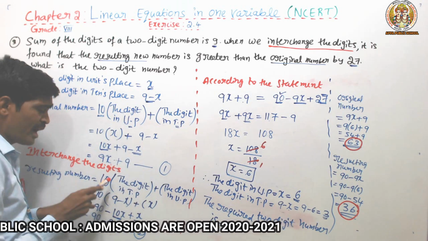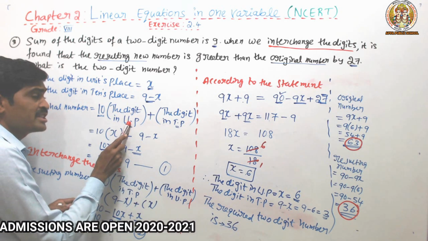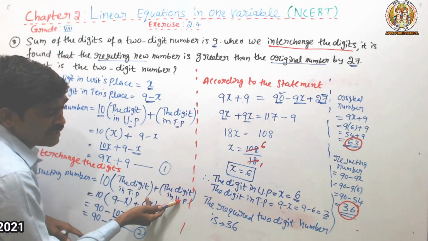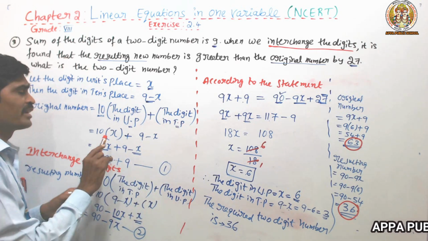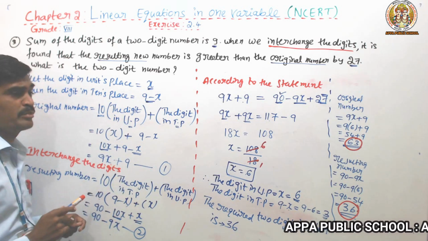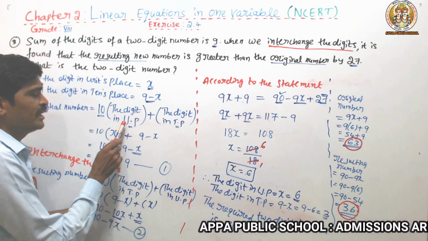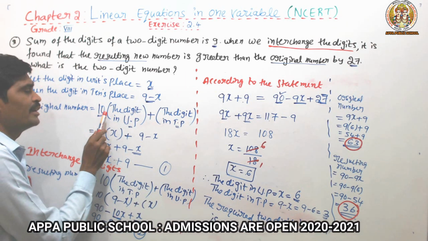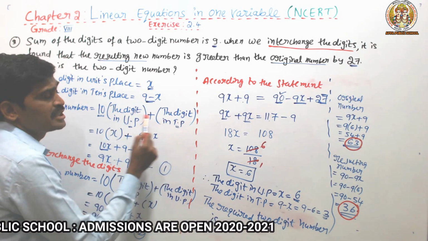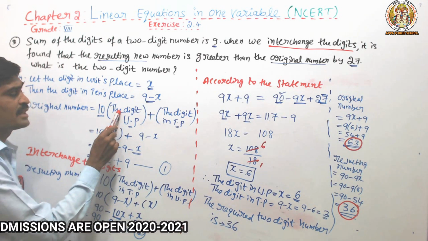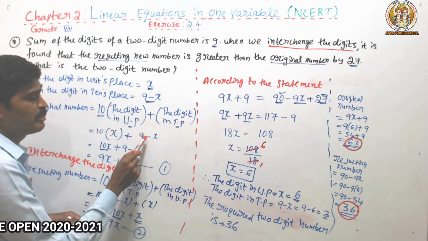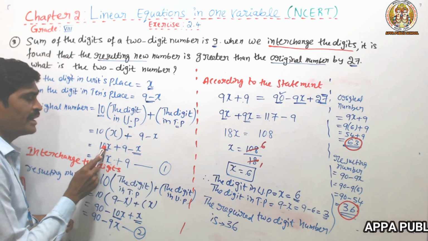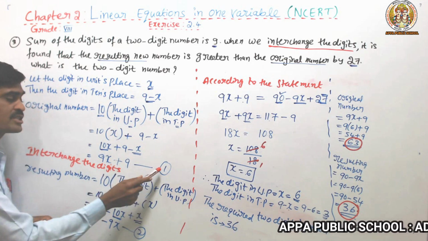Afterwards, because we have to interchange now, those who take TP here, in the next step write UP here. Like this interchange is there, no? Wherever you can write first or in the second step, no problem. So you can write confidently, UP or TP wherever you want. Okay. So 10 into the digit in UP plus the digit in TP. So 10 keep as it is, the digit in UP means x, plus the digit in TP means 9 minus x. 10 into x is 10x plus 9 minus x. So 10x minus x should be 9x plus 9, equation number 1.